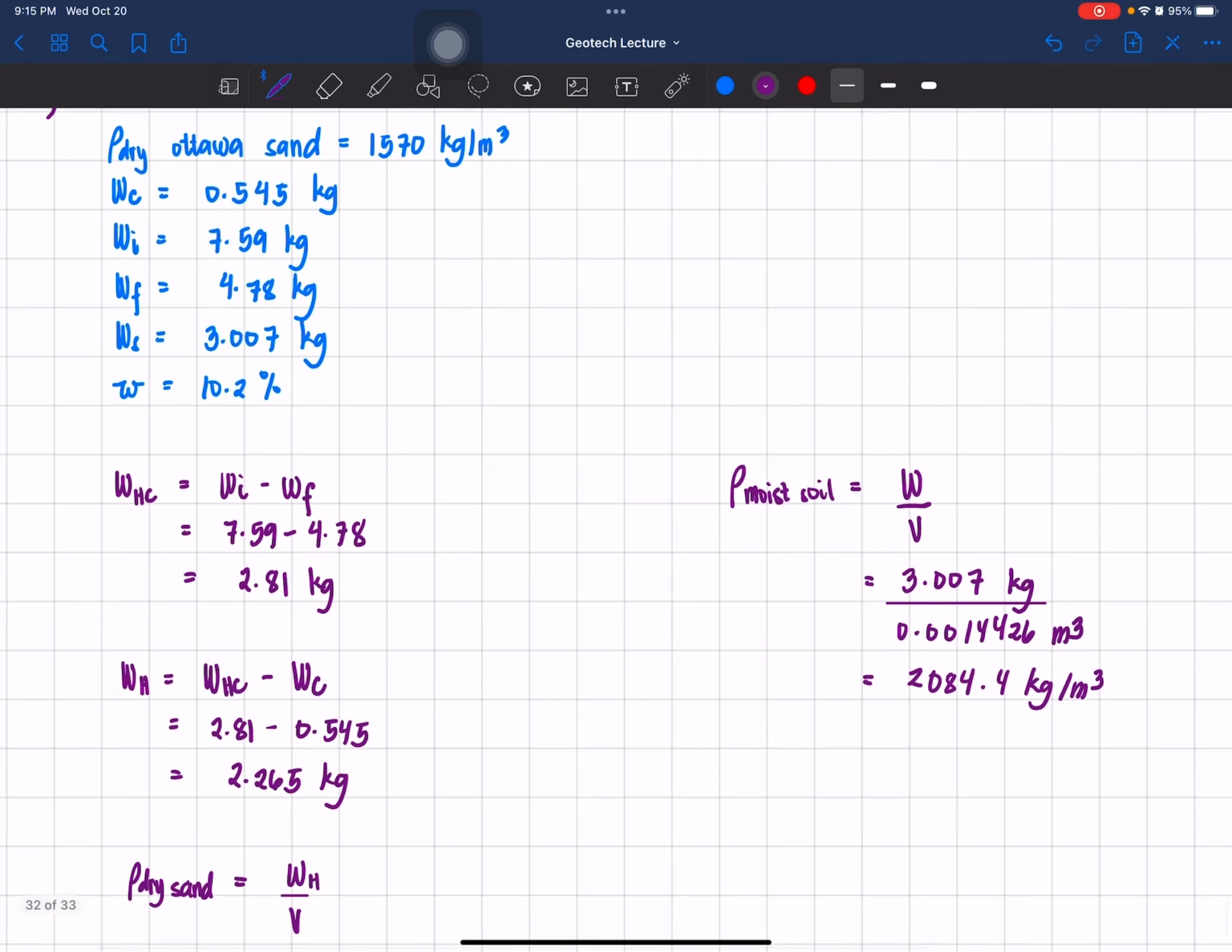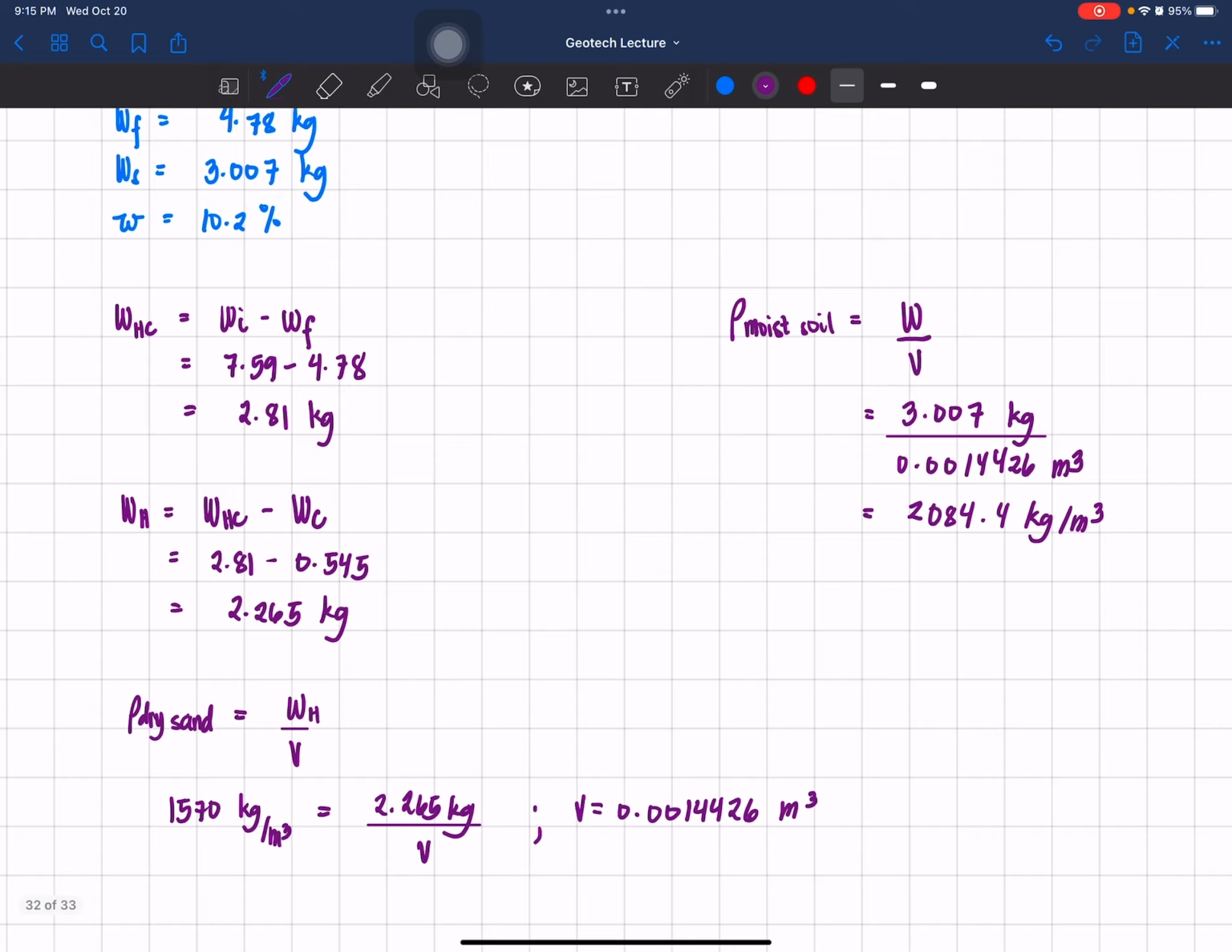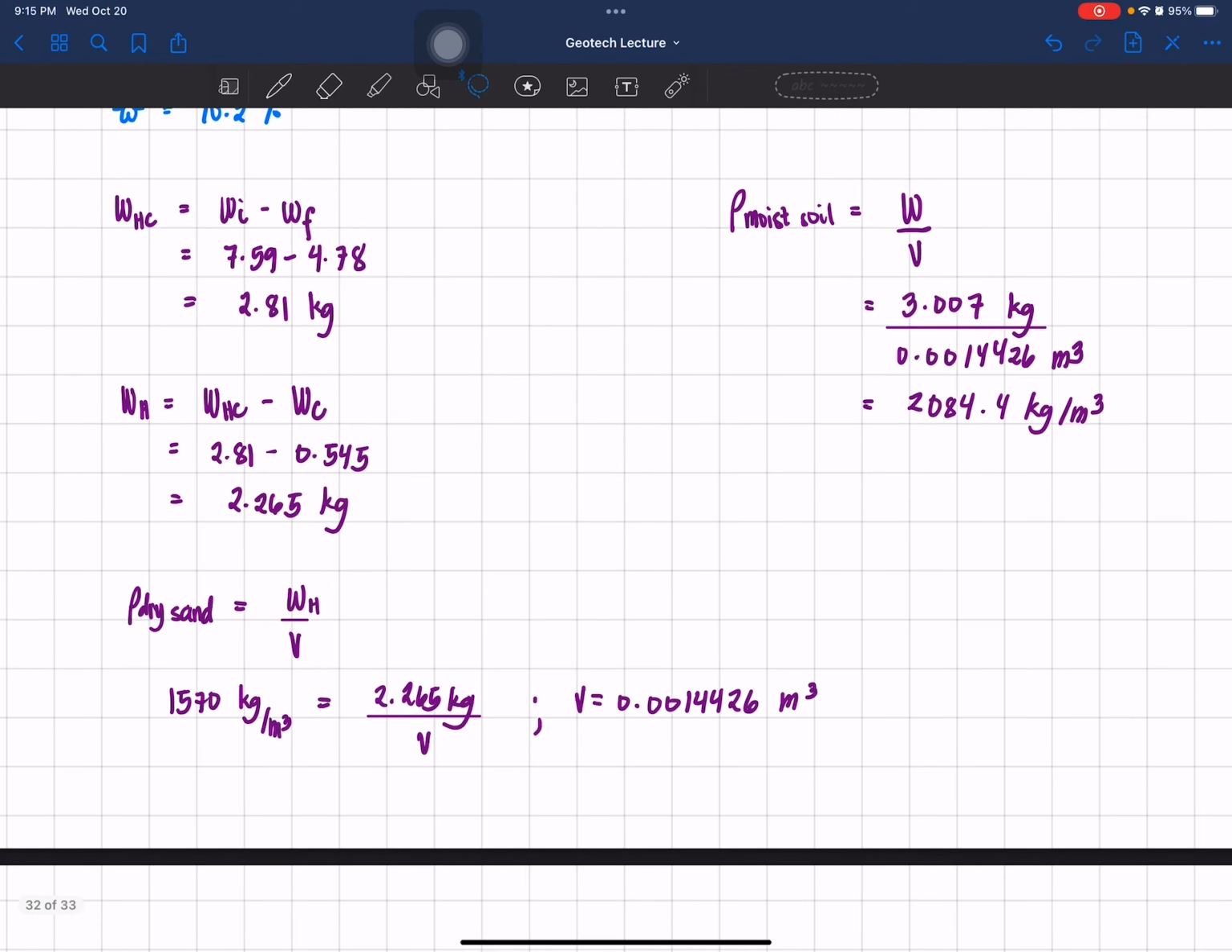So we now have rho moist. This is the density of the soil. Now let's compute for the unit weight. We just need to multiply this so that we can get the dry unit weight later on using the gamma dry formula. So let's multiply this by 9.81. So gamma moist now is